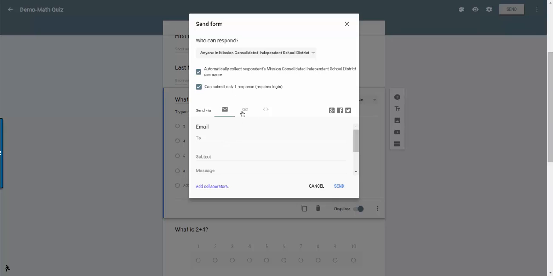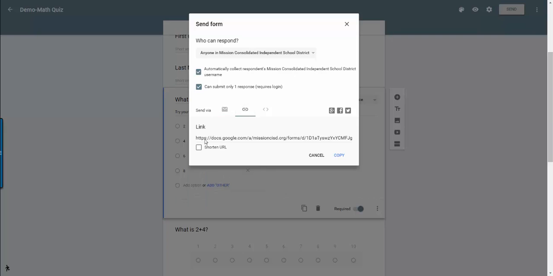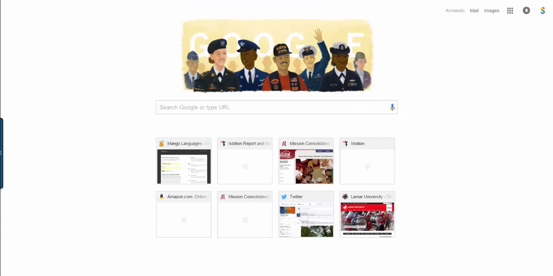I'm going to go ahead and click right here. It is the URL or the link. I'm going to highlight this link. Don't do shorten URL, because sometimes it doesn't allow us to open that URL shortener. So what I do is I copy this link right here. So highlight it, click copy, open up a new tab, and then I'm going to go to